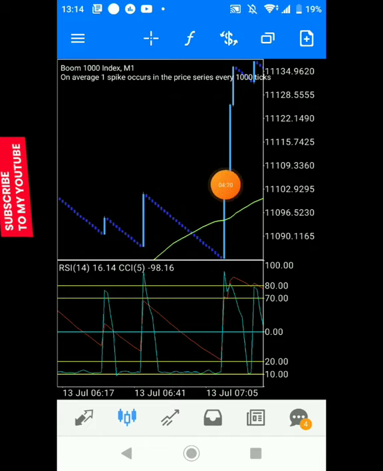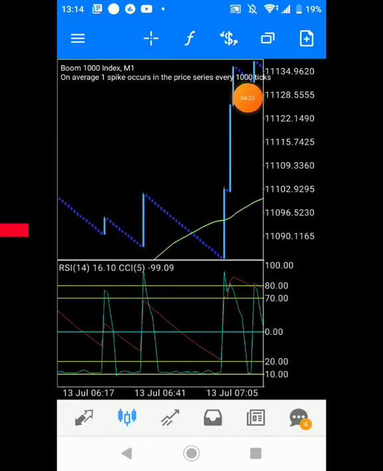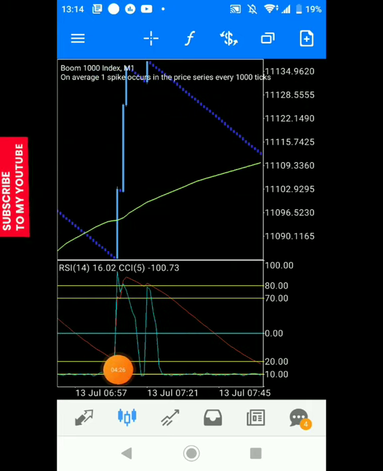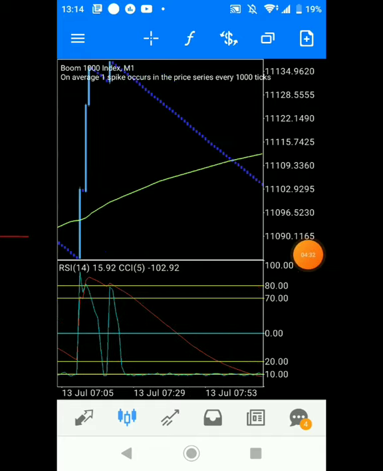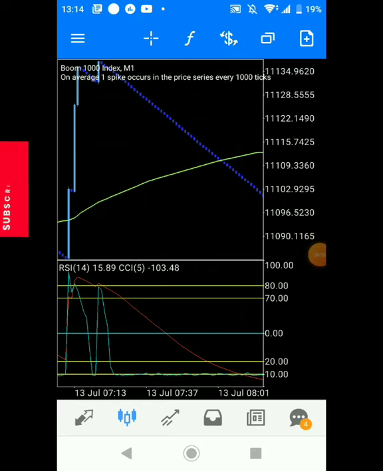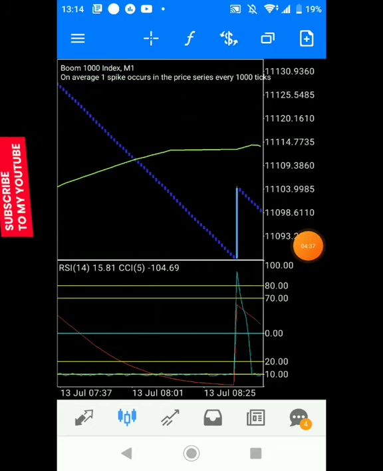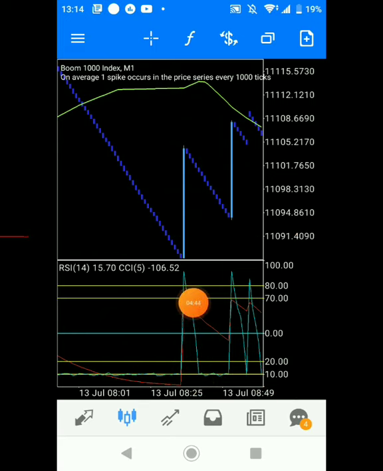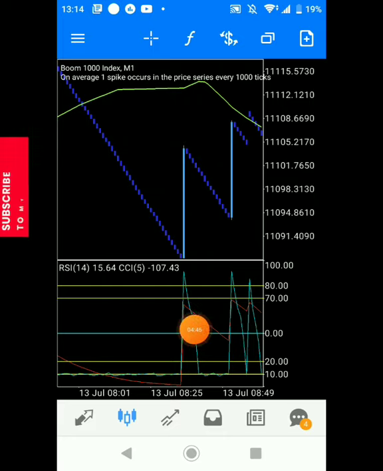And as you can see, there was a huge spike move. After the huge spike move, what happened? The red moving average spiked up to the 80 level, the overbought, and price began going deep down again. Why is price going as deep as this? That's because it's a downtrend. When price went deep below the 10 level, another spike took place, but if you notice, it hasn't gotten to overbought.